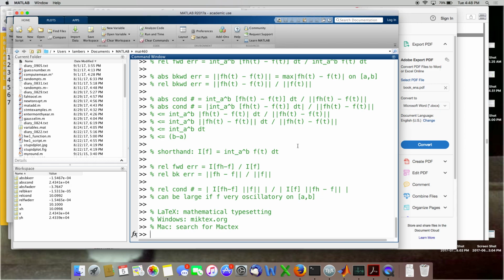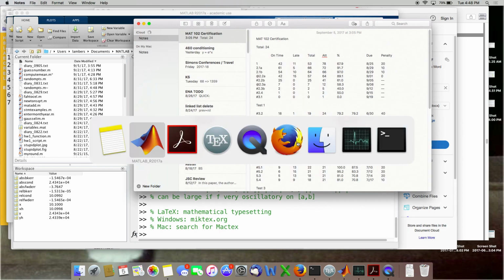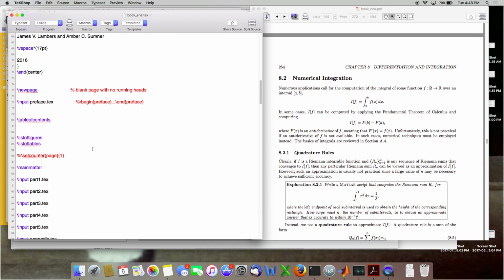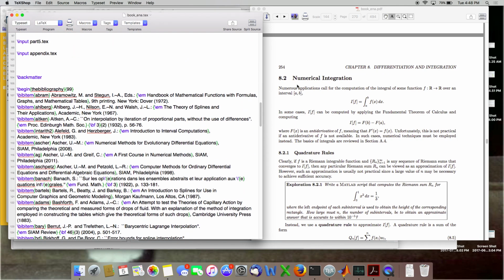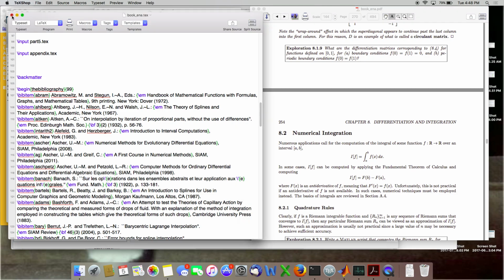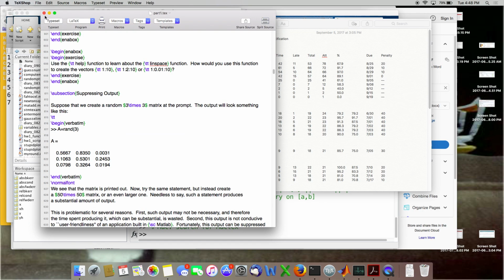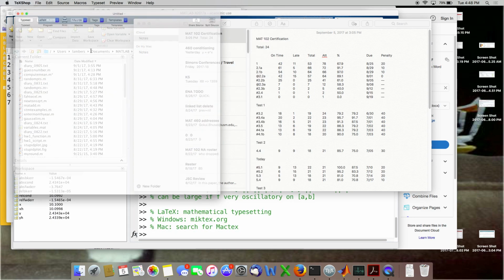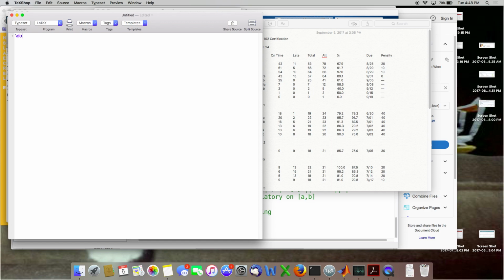Okay. So if I switch to my editor, whoops. That's TeXShop. Right now I have a textbook open in it. So here's what I actually type in. And then this is a PDF that's produced. So what I'm going to do is I'm going to get rid of this. Okay. And create a new document. Okay. And I have to unfortunately type in.